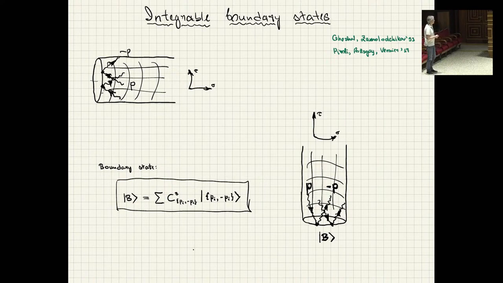In this open string picture, the integrability condition requires that reflection of the string modes off the boundary is elastic, so there is no particle production involved in the reflection process. So if there is one particle that approaches the boundary of the string, it can bounce off with the same momentum, and it cannot produce a pair of virtual particles. Virtual particles it can produce, but it cannot produce other on-shell modes, and it cannot change the momentum,